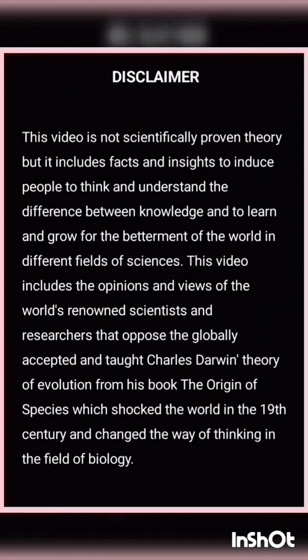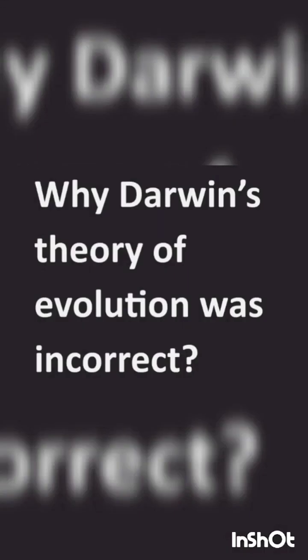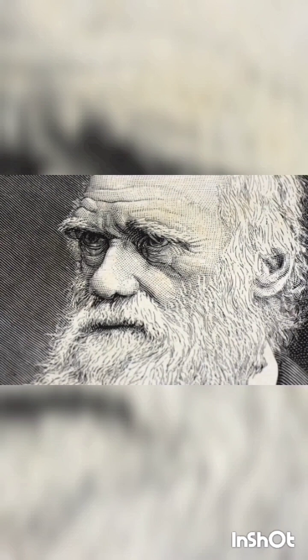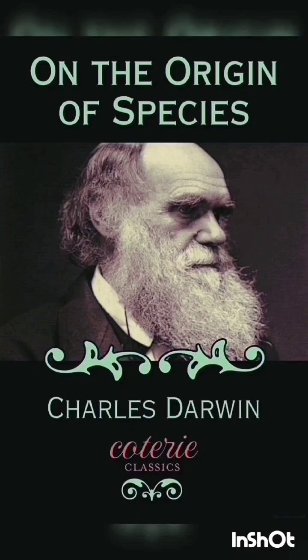So today we are going to talk about the infamous Darwin's theory of evolution and its holes or exceptions and contradictory facts. Let's start with the introduction about Darwin and his theory. Charles Darwin, an English naturalist of the 19th century, made an extensive study of nature for over 20 years. He collected observations on animal distribution and the relationship between the living and extinct animals and finally found that